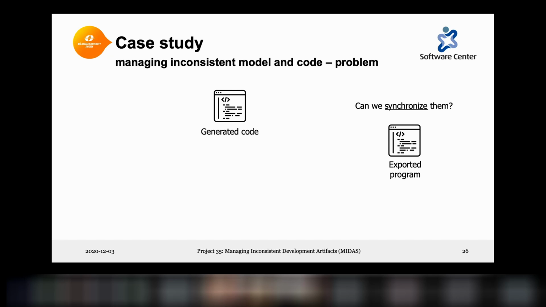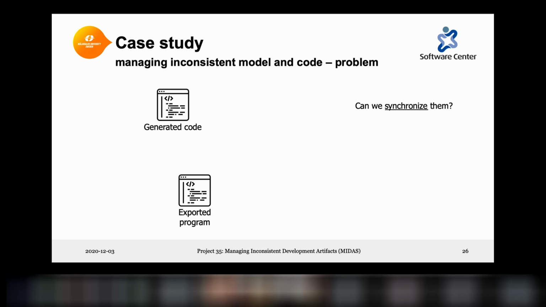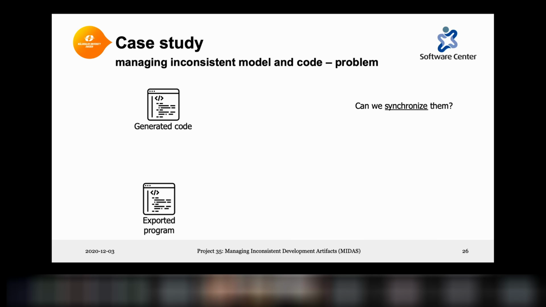Because we need to identify what has changed from the generated code to the exported program before we can propagate that back to the model, of course. So what we will do is take these two and try to create the difference between them. And this solution now gets a bit more technical, because these files are under the hood